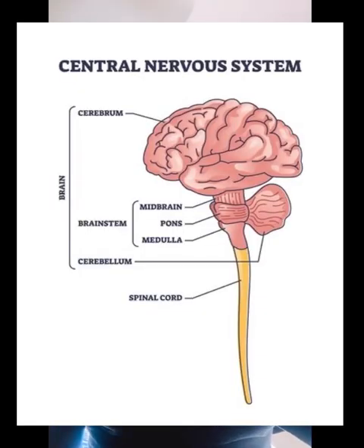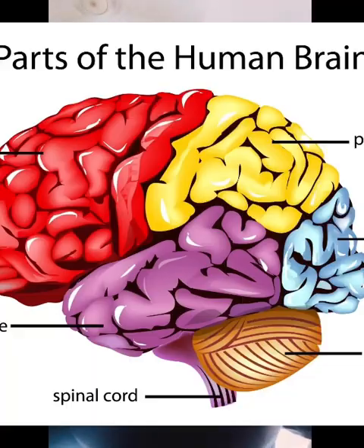The brain is further divided into four major parts. Number one is the cerebrum. The cerebrum is the largest part of the brain, which is responsible for conscious thoughts, memory, sensation, and voluntary movements. It is divided into two hemispheres and four lobes. The mnemonic for the lobes is FAPITOS. Number one is frontal, whose main function is motor control, planning,